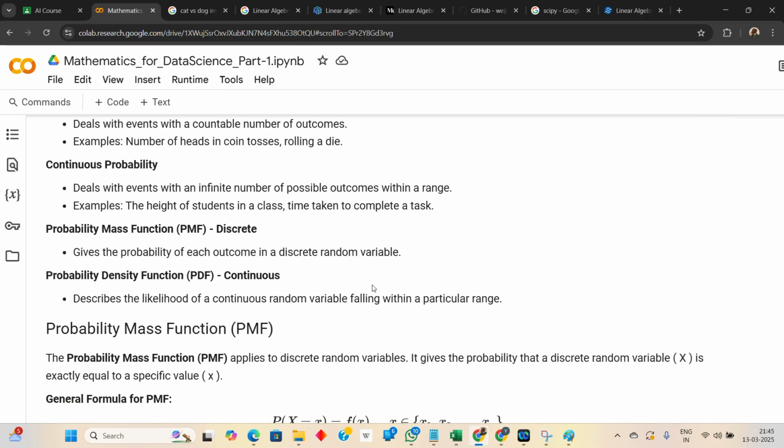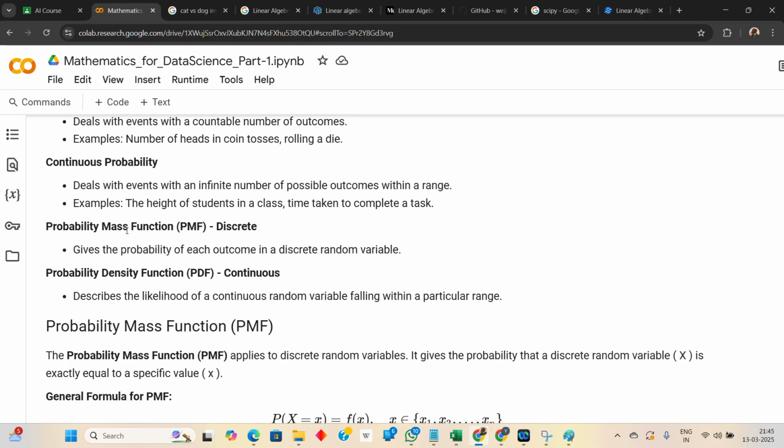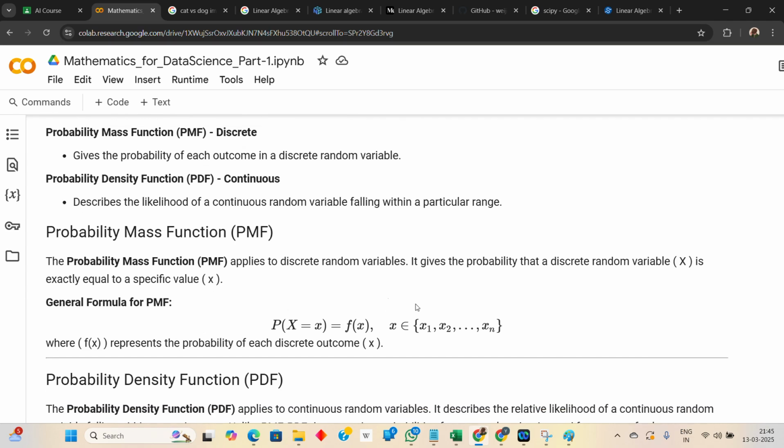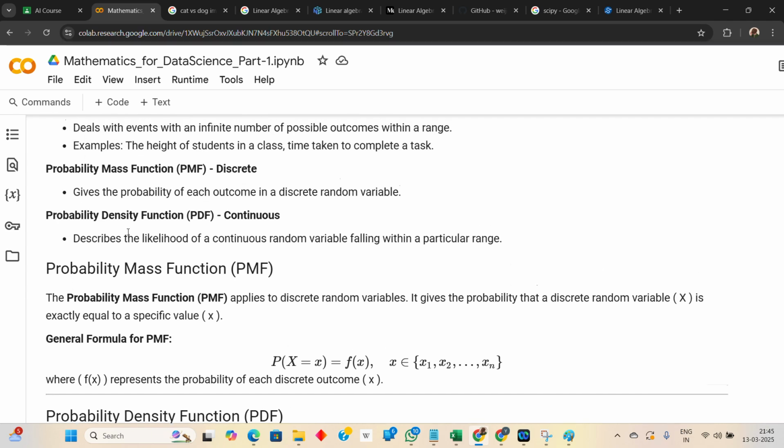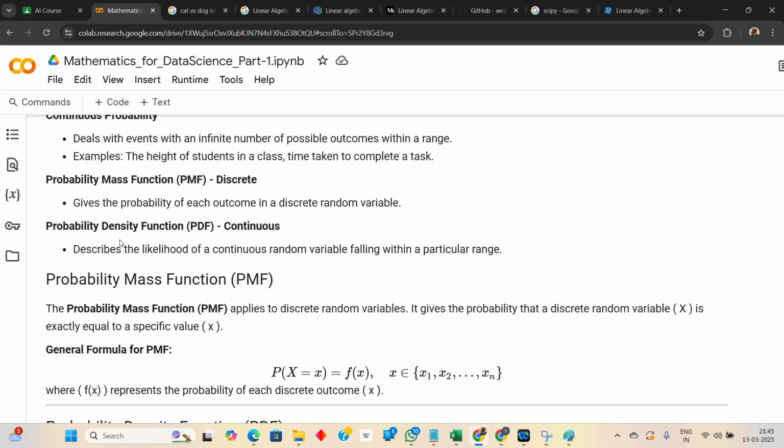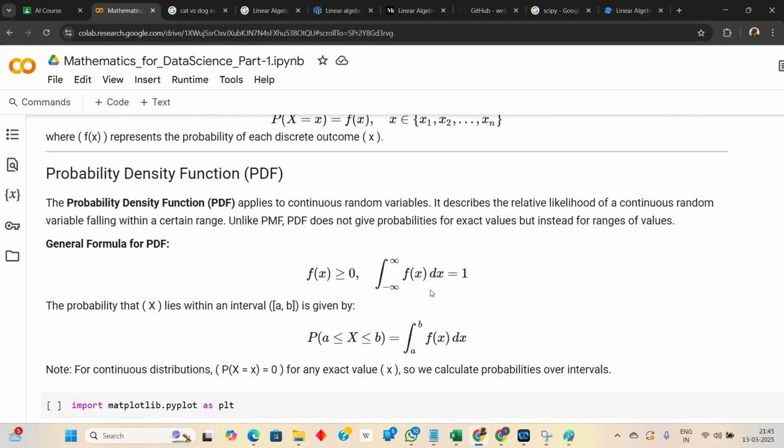In discrete data points, you always have to calculate the probability, which means you have to use the PMF function. PMF has a formulation like this. If you want to go for continuous, you should use PDF, probability density function. Probability density function will be like this: integrate. But anyway, you need not remember much about the formulas, but you should remember the concept by either example or